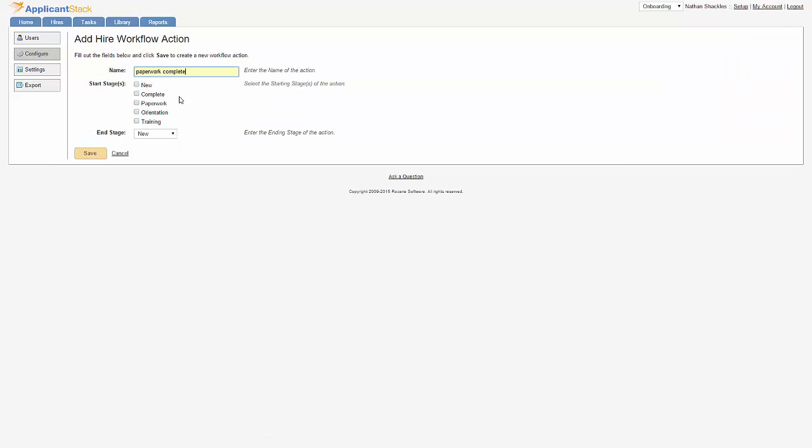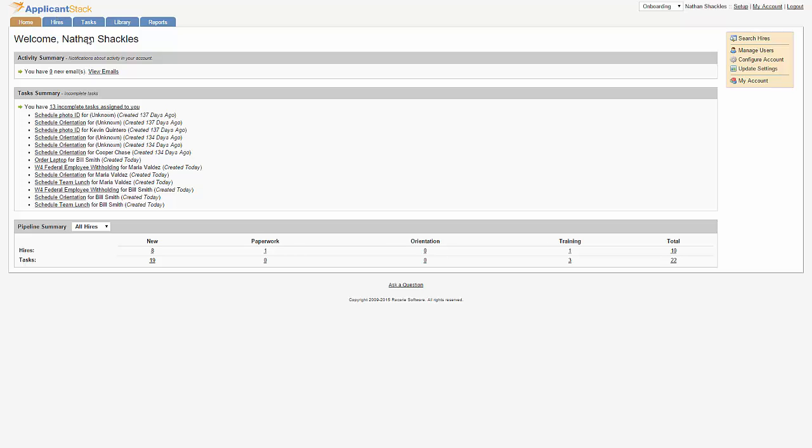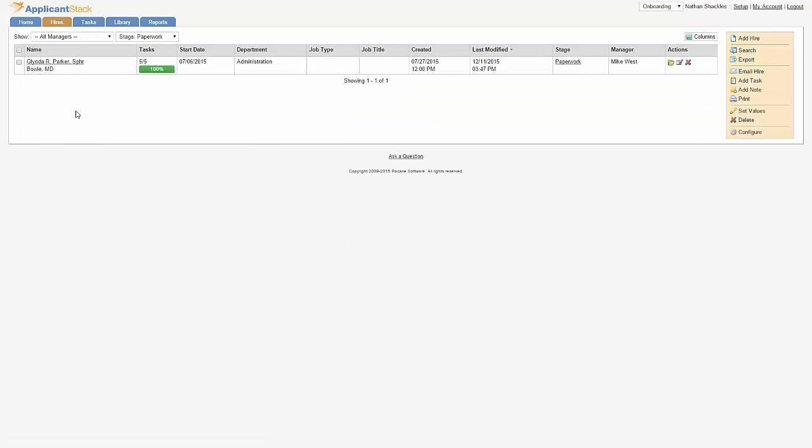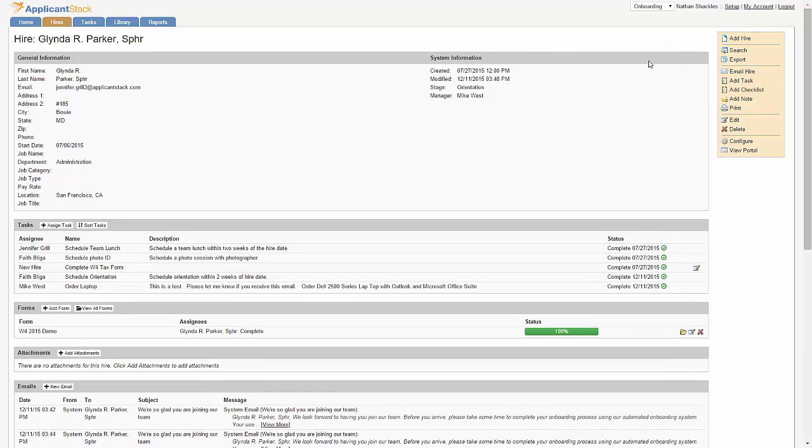Let's call it Paperwork Complete, and we're going to have that action button in the paperwork stage, and then it's going to end in the orientation. Once we hit Save, we can see that that new action has been created. We can see that action by choosing the Home tab and seeing that there's one new hire in the paperwork stage. When we choose that one hire, we can see that this new hire is in the paperwork stage. Now we just created this button, so we can click Paperwork Complete,